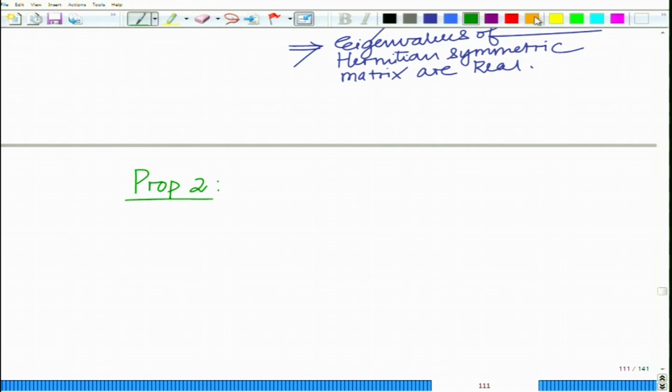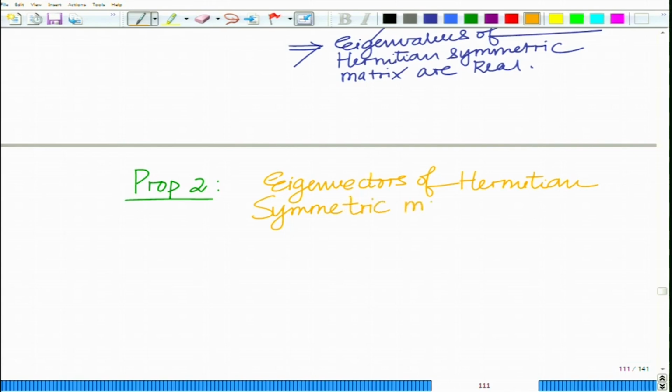The second property is that eigenvectors of a Hermitian symmetric matrix corresponding to distinct eigenvalues